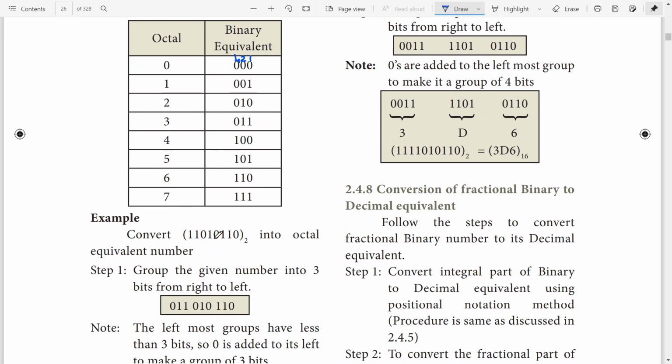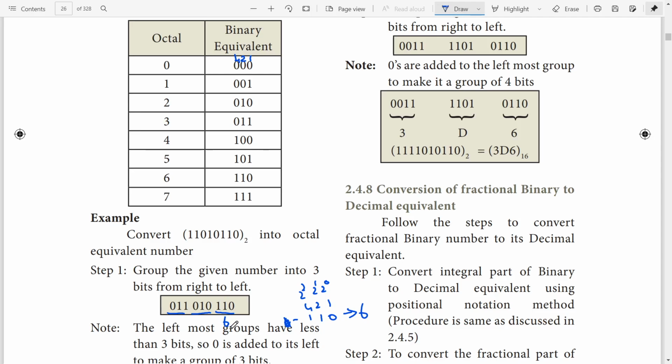Convert 11010 binary to octal value. We have to first split it into 3 values. Okay, so 2 power 0, 2 power 1, 2 power 2, that is 4, 2, 1. For the first number you have to use 1 and 2, and the last digit is 0, so for the first value it is 4 plus 2, 6.